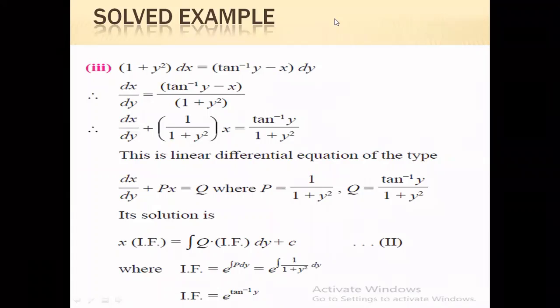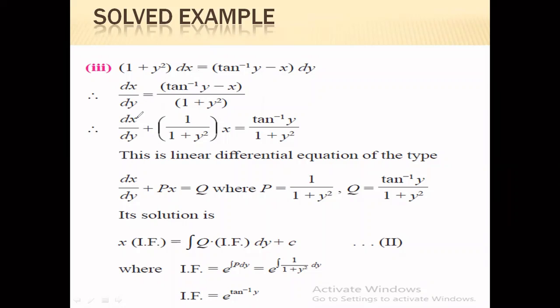अब यहाँ पे अगर हम देखेंगे, so it is of the form of dx upon dy लिया मैंने, because there are two terms and this is the single term. So when we divide these two terms by this single term, we get the separation of this differential equation of the form. Okay. So we can take a dx upon dy. ये dx को यहीं पे रखा, dy इधर लेके आया, tan inverse y minus x, और ये term था आपका single, so it is 1 plus y square.